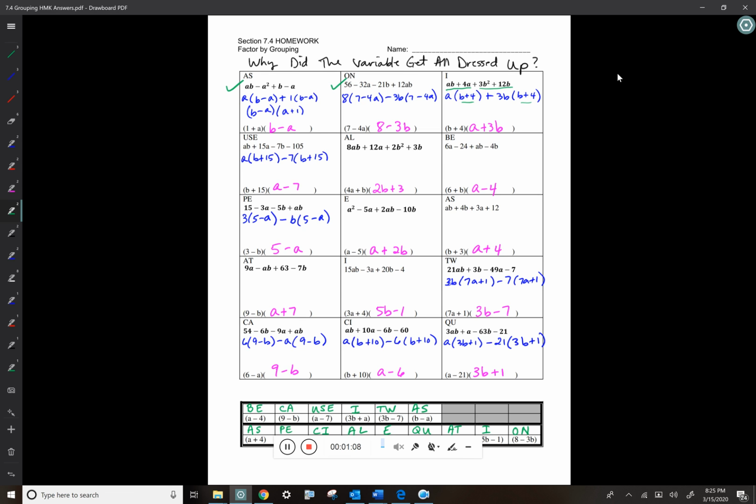And then remember we said that becomes your common factor. So that's my first parenthesis, and then my second parenthesis is the part that you have left in each one, so that's A, and then your plus 3b. So what we have right here is the actual answer to the problem. That's what your answer should look like, which means in this case, if you go down to the bottom and find the A plus 3b, if you're actually completing this worksheet,